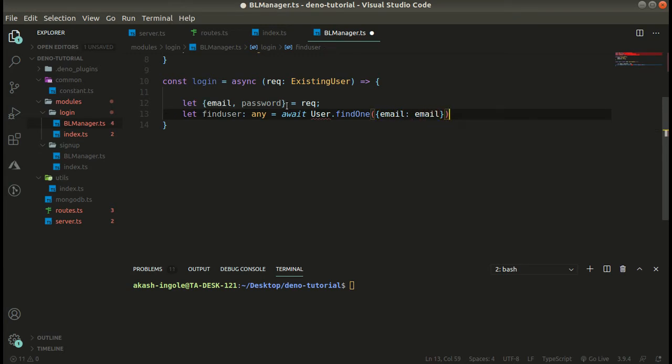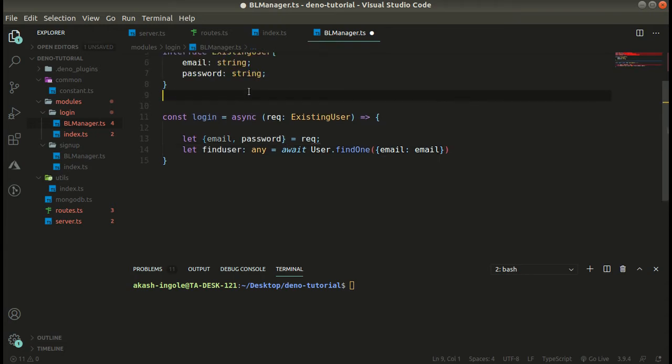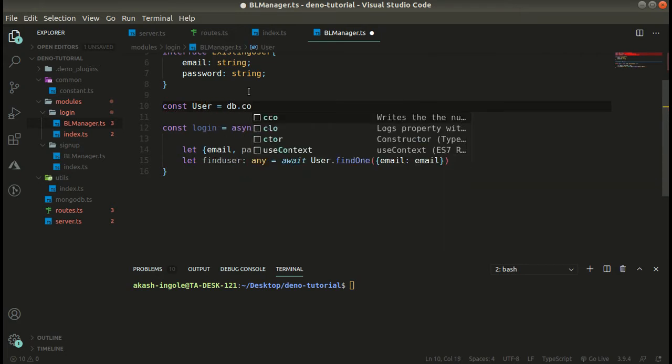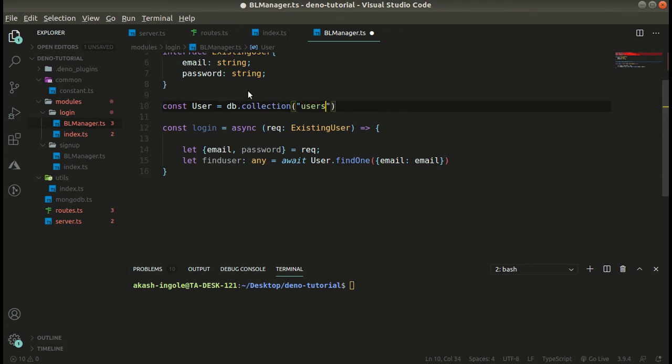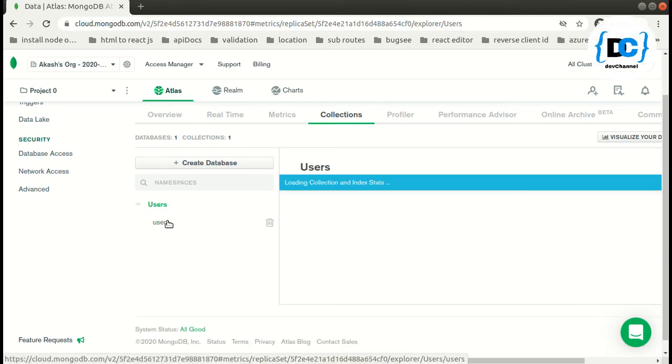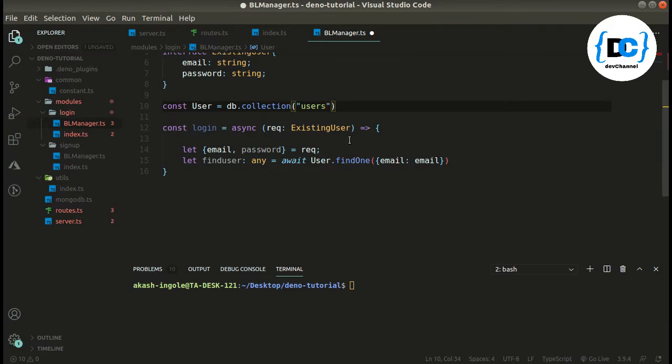One more thing that is missing: here comes our collection that we are referring to, and we can get it from db dot collection. Our name of the collection is users. Let me show you over here. This is our database, and this is our collection users.